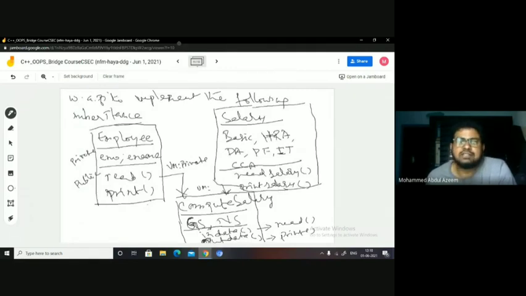If I declare this as private, then what happens? If I have inherited this privately, private or private, they are not accessible here. Yes or no? So in that case, what should I do? The visibility mode should either be public or protected. Yes or no? If I give this as private,